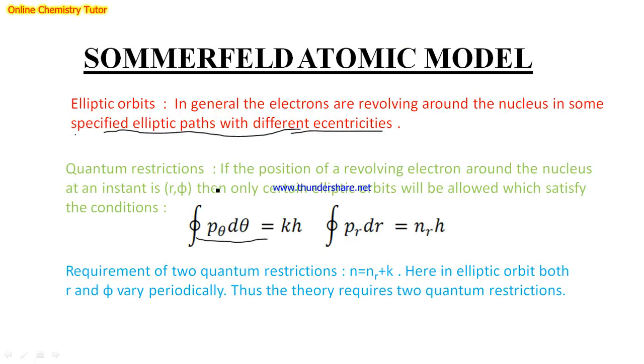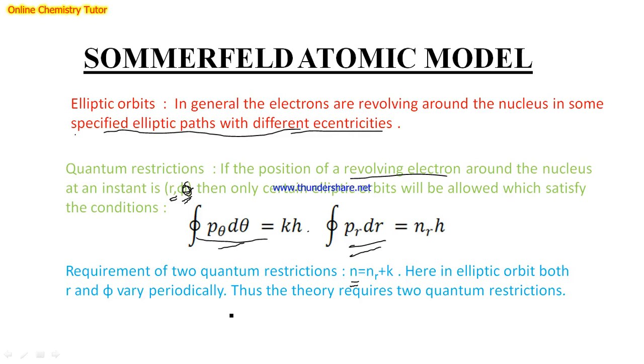He has given two quantum restrictions, and for the revolving electron, r changes periodically, and phi, you may write it as theta here, theta changes periodically, and these are bound by these two quantum restrictions, and the value of n, that is the principal quantum number, is equal to n_r plus k. We have discussed all these